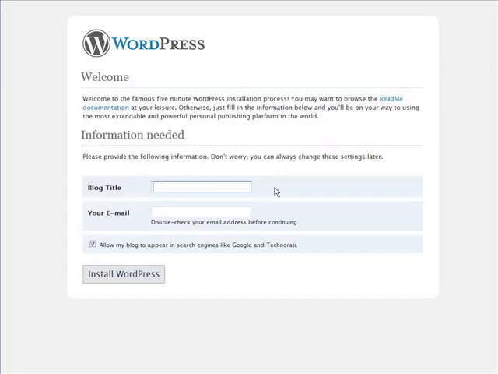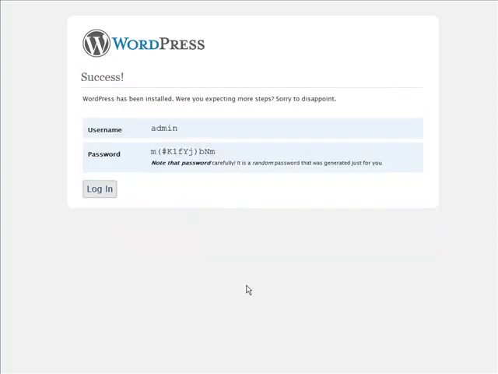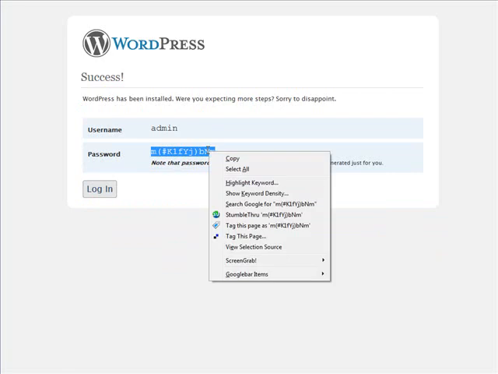Now here we give it a blog title, and we want this title to be keyword rich, so make sure we have our main keywords in the title. Okay, and then we put our email address in here. This will email us the password in case we forget it. Then here, if you want your blog to appear in search engines, and we do, now we click Install WordPress. Okay, it tells us what the password is here. So let's copy that